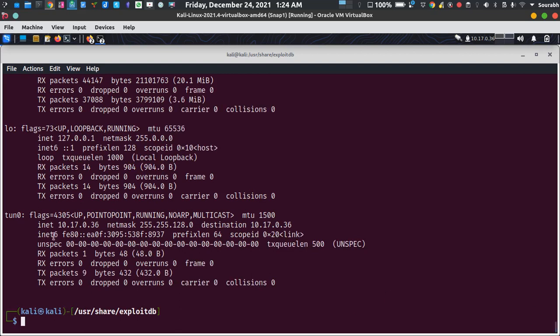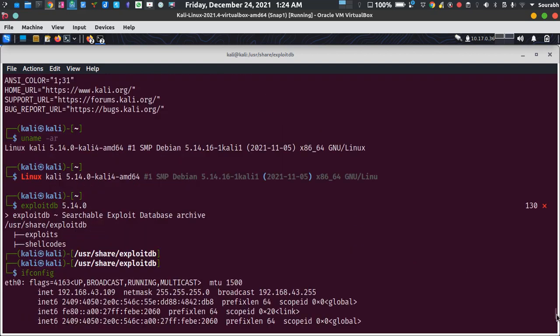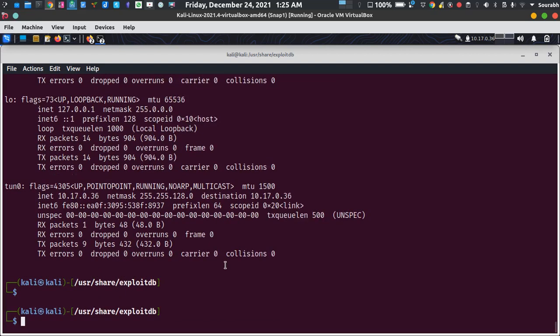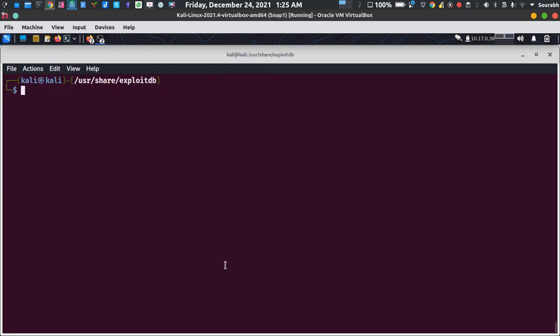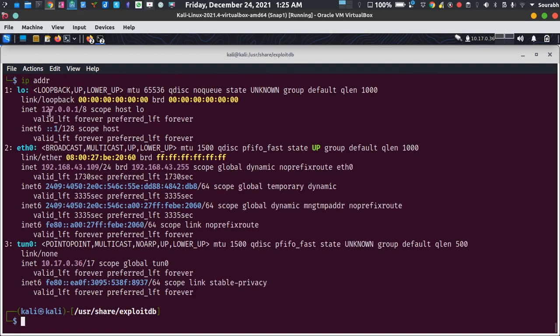In my case it shows tun0 because I am on a VPN, so it says my IP is this. But if we talk about the Ethernet connection, my IP is this, which is 192.168.43.109. Now there's another way of finding the IP in Linux, called ip addr.